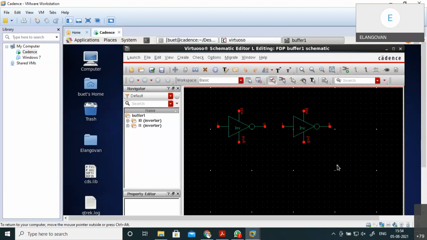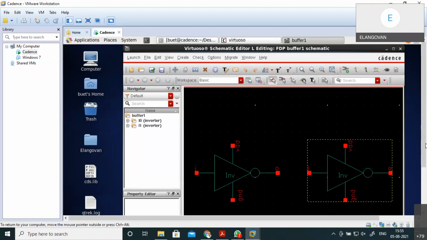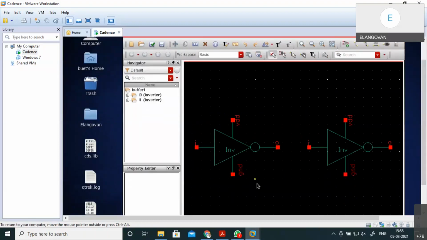We can use F for fit, for wire, from here to here.